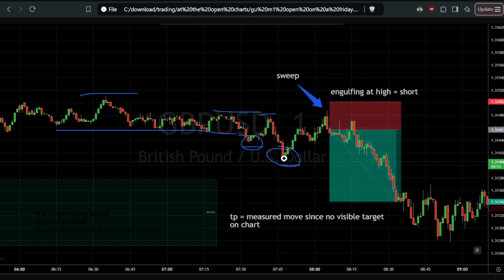So what I will do for that is, well, I could target the low, and this is possible. That's very conservative, as some would say. But what I do is I use a concept measured move, meaning I say to myself, if this is going lower, then this is the length of the wave, and if we go down, we should go down more than this wave, right?